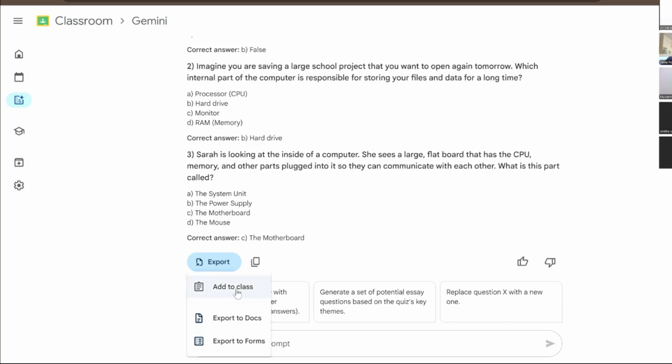If you want to change it, you can go to the Google form in the Drive. Otherwise, it will automatically be assigned to each and every question. And the correct answer also, no need to choose by ourselves. Automatically, it will be done. So this is the main advantage of this Gemini.